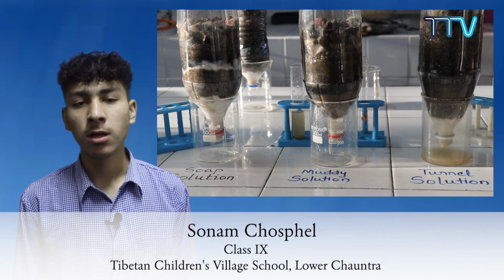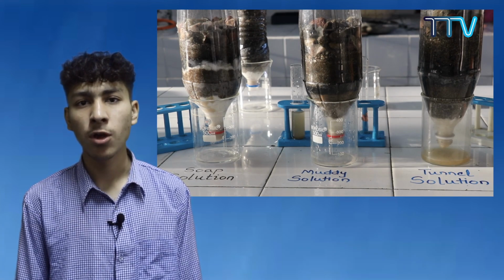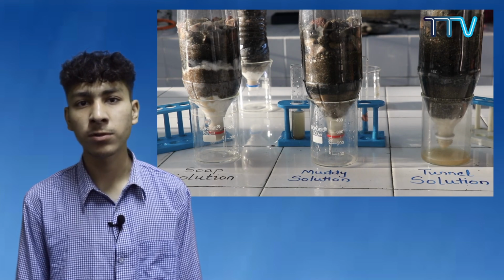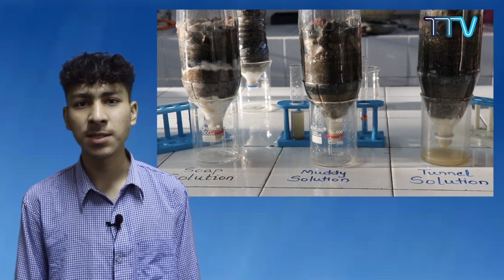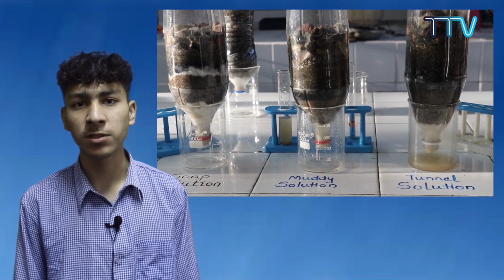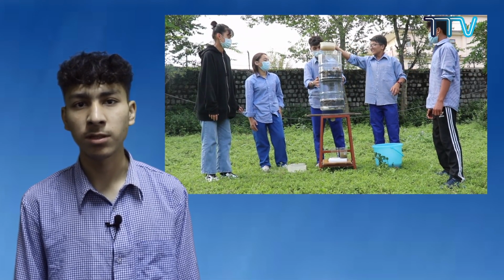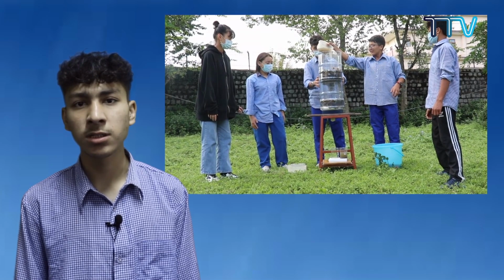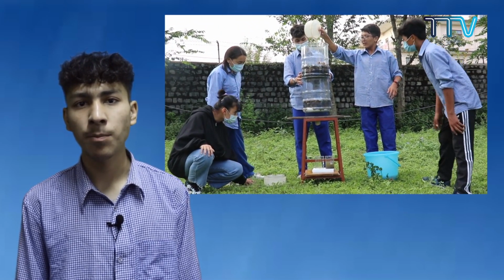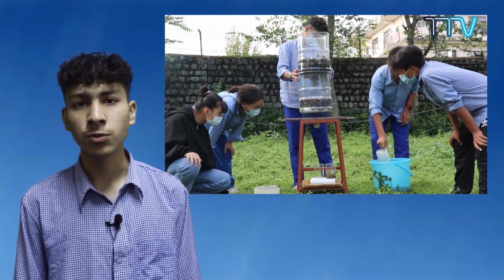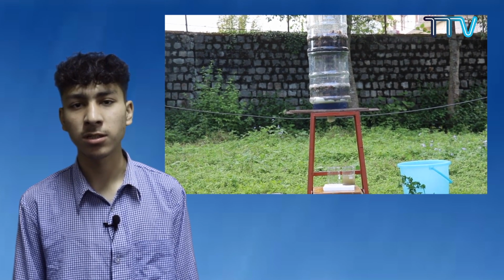Limitation of the model: we are not able to get clear water. Instead, a yellowish color is filtered, whether the solution is muddy, soapy, or tunnel water. To find out the reason behind the appearance of the yellowish color, we did a simple experiment of evaporating the filtered solution. It is found that there is a sand mixture present within, but this yellowish color gets clear if we refiltrate the filtrate. The amount of filtered water compared to the amount of dirty water to be filtered is very less. It is in the ratio of 1:2.